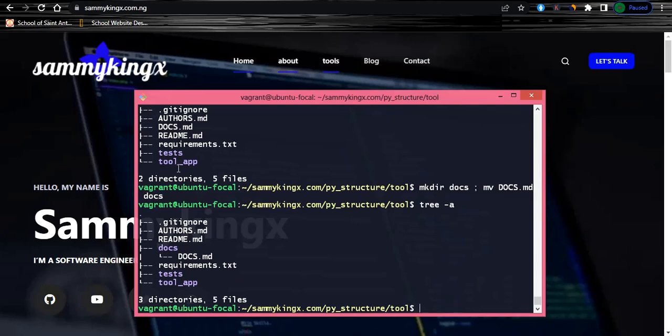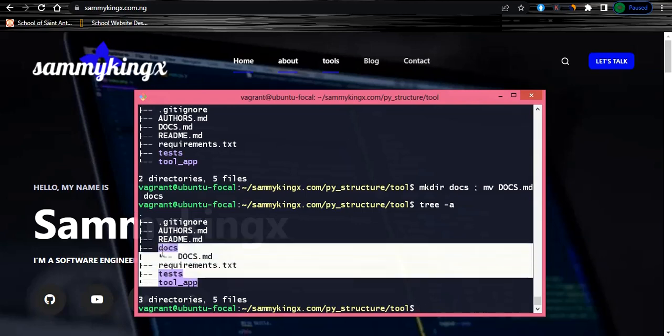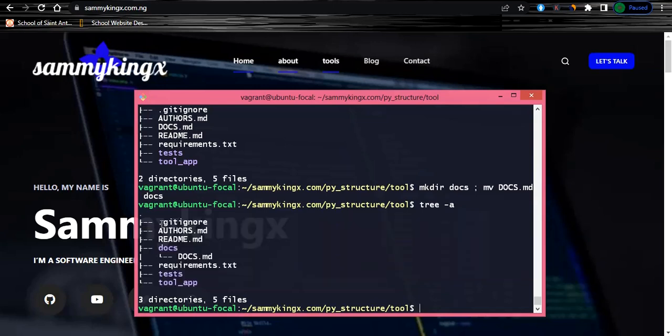Now let's say we are building a Flask project, because most times you might want to be building a web application, not really a tool. Now this particular structure can continue to grow based on your needs. Now you can have in this tool application,